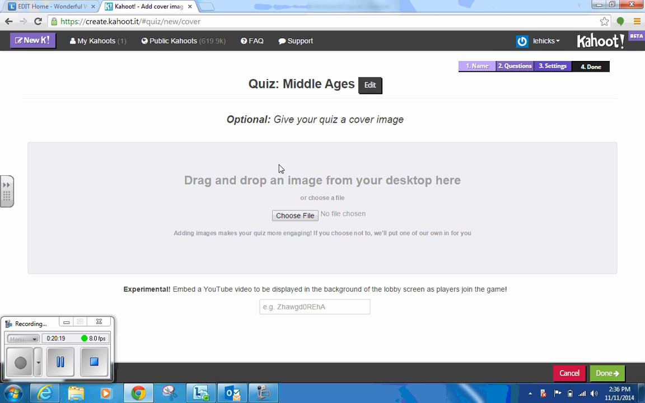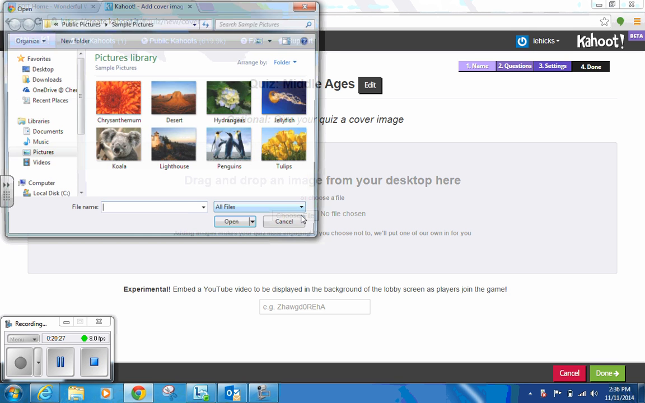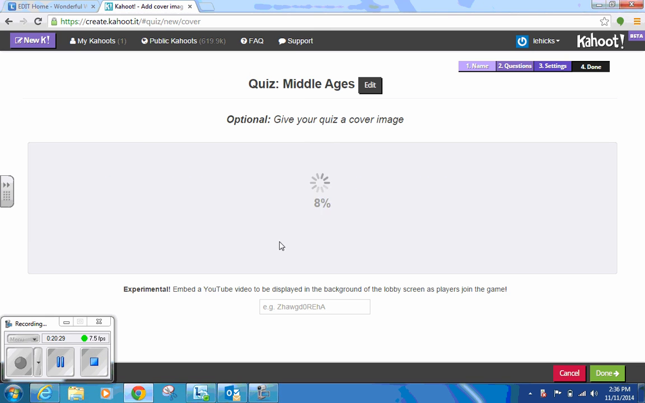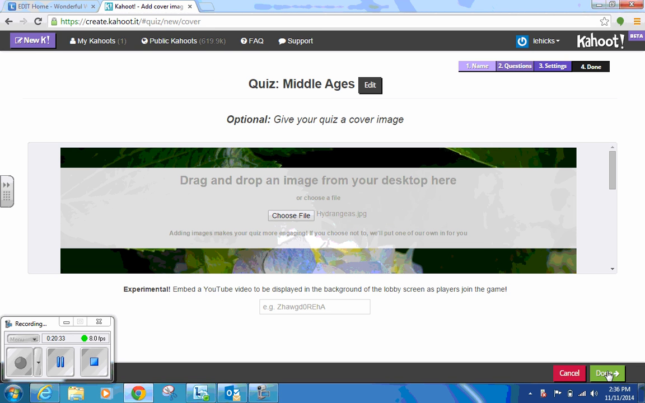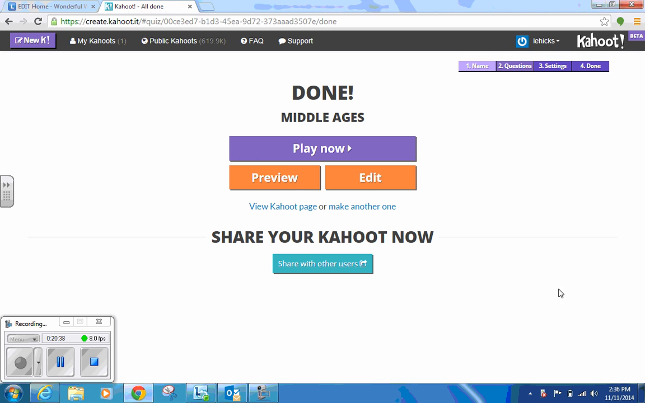You can also give a cover image if you want. And then it does say if you don't want an image, then they can choose one for you to put in there. But we'll just drop something in so you can see. And then when you're done with that, you just hit done. And so you can play now. You can preview it to make sure it is what you want to do. You can go back and edit, and you can share it with other people. When you hit play now,